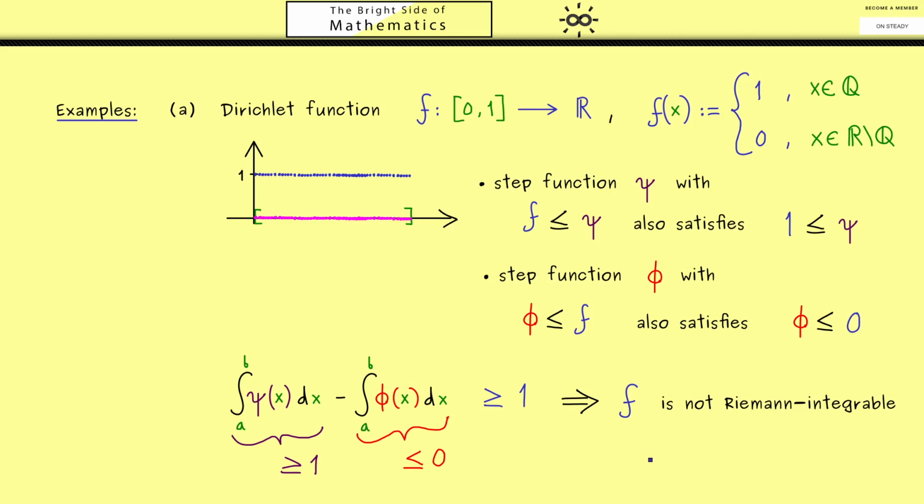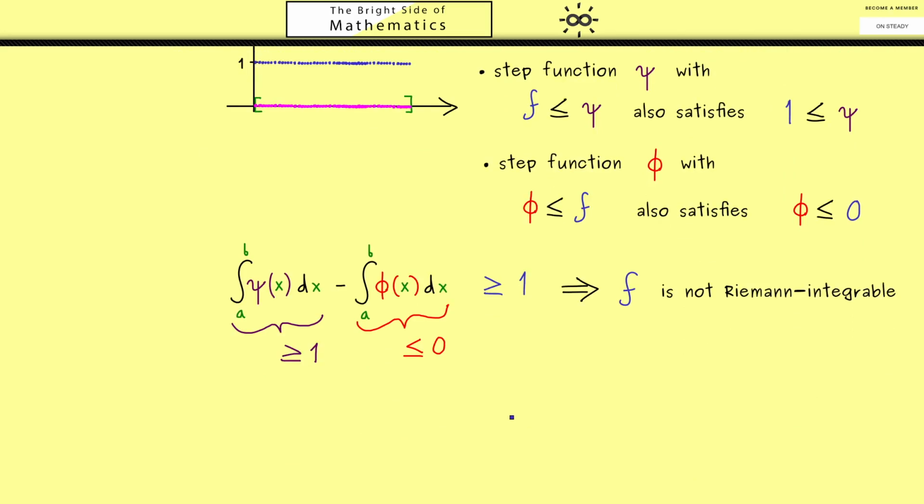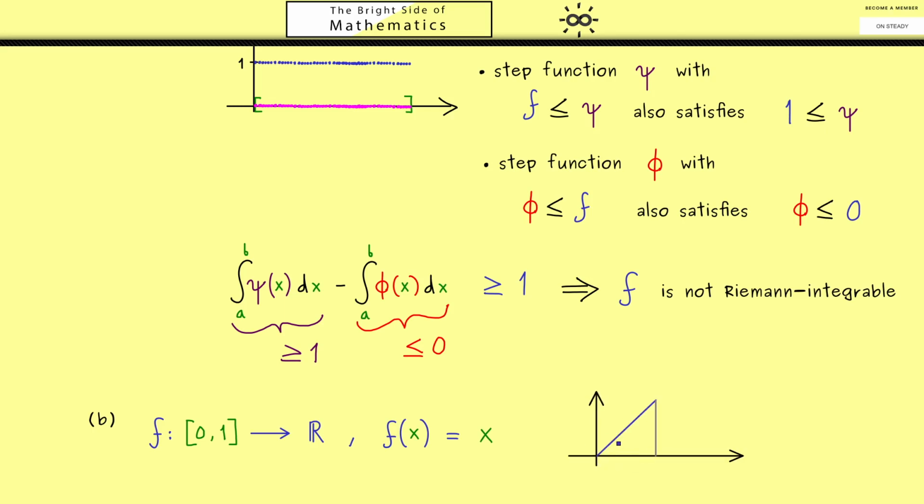Then next I would say we look at a function that is actually Riemann integrable. Of course, for the start, let's look at a very simple example. And I guess the identity f(x) = x is a very suitable example. This is simply because when we draw the graph, we immediately see what the integral should be. You see, the area is given by this triangle, which means the area should be 1/2. It's simply half of the square, where we have the sides as 1 and 1.